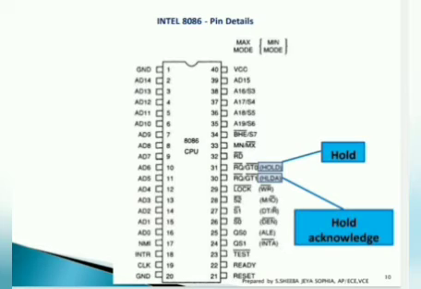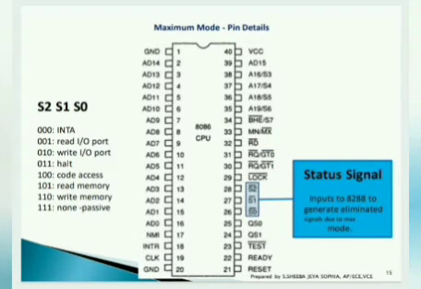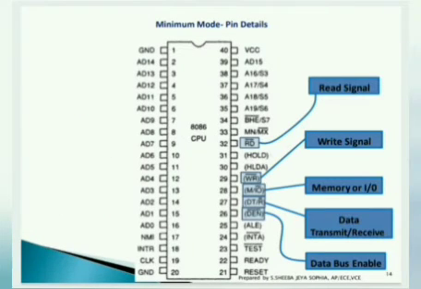Another two pins, 30 and 31, are HOLD and HLDA, for hold as well as acknowledgement of hold, and they also act as request and grant signals. RQ refers to the bus request, whether the processor is free for processing, and grant is the processor giving the acceptance. And above that, the read pin is given, and also MN/MX. This refers to the minimum and maximum mode configuration that we can see in the next topic in detail.